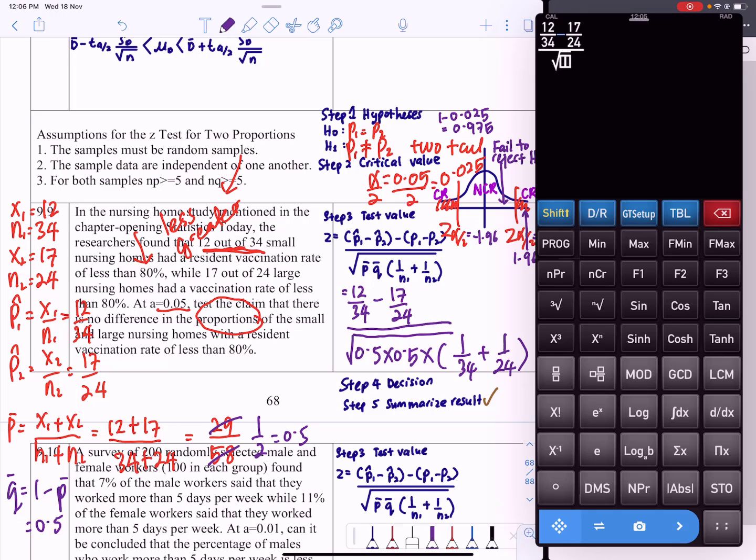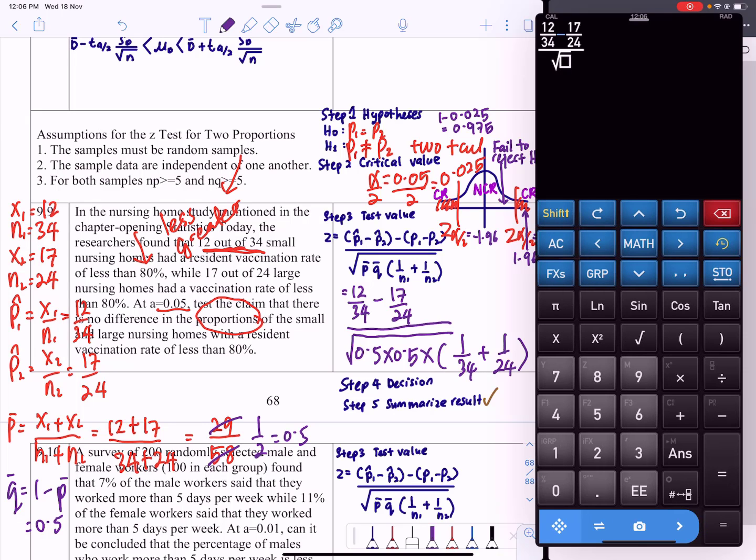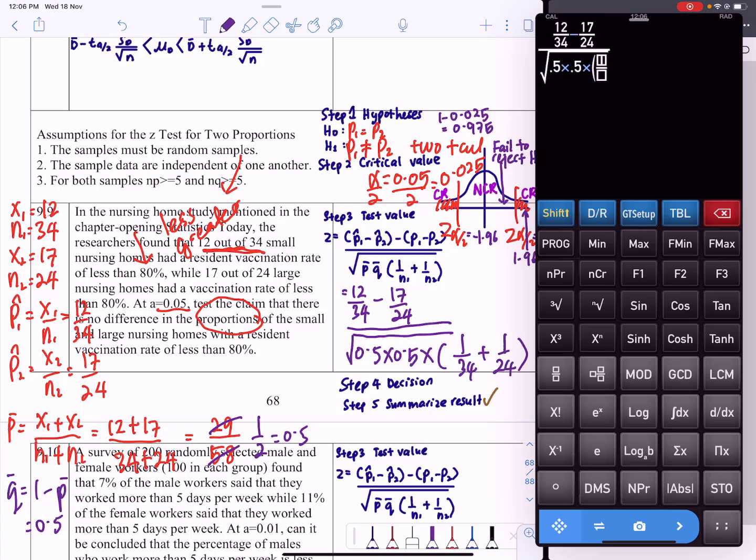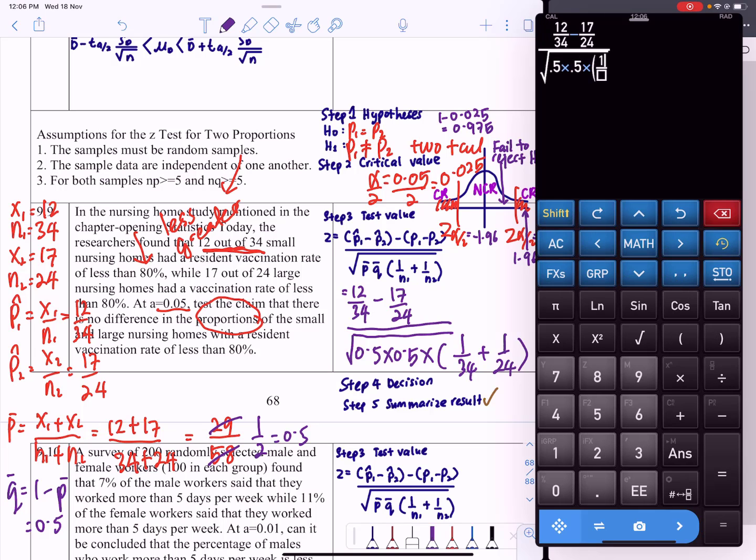Then 0.5 times 0.5 times inside the bracket we have a fraction 1 over 34 plus 1 over 24. We close the bracket and we get negative